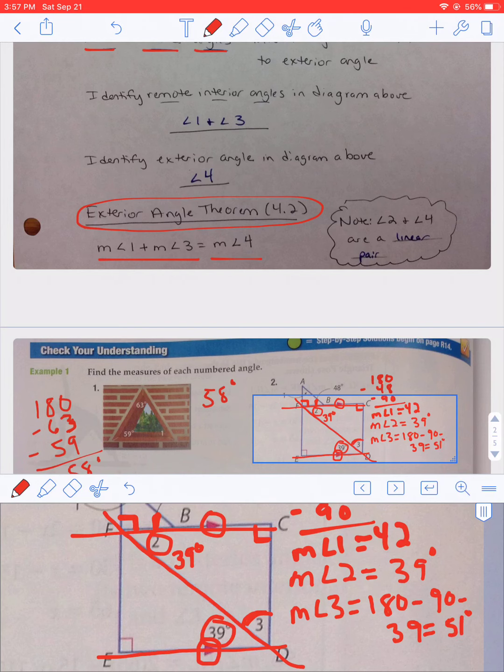So that's your answer for angle 3, is 51 degrees. All right, let's move on